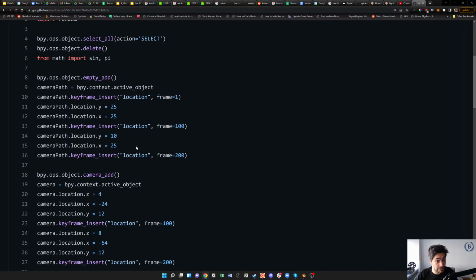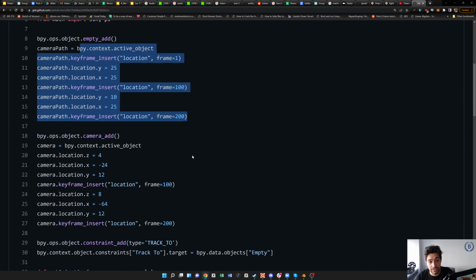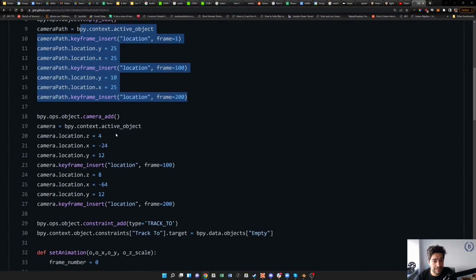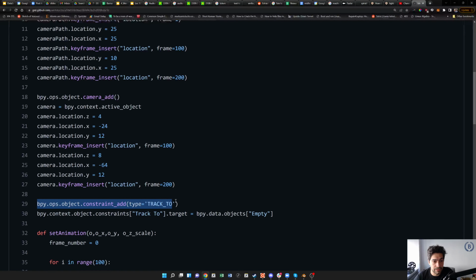This is a bit more of a complex example because we also have keyframes for all this, but you can see we added our object, and then we're actually moving that empty around so that our camera will follow some path. And the part that we really care about is down here where we're adding a constraint, a tracking constraint to our